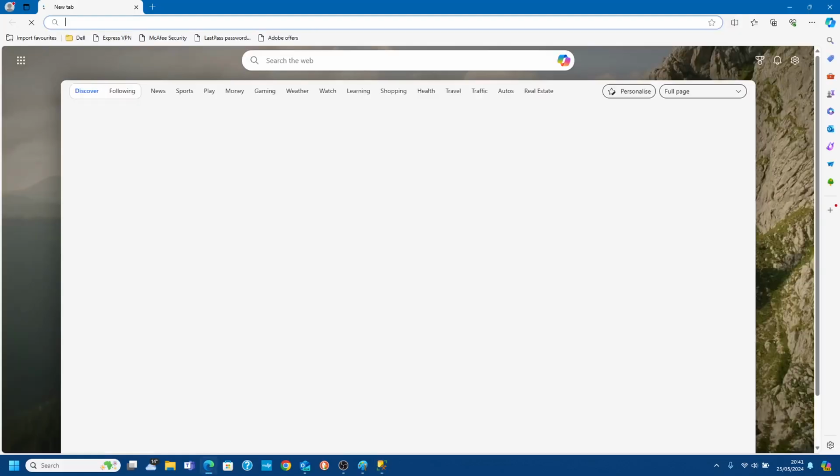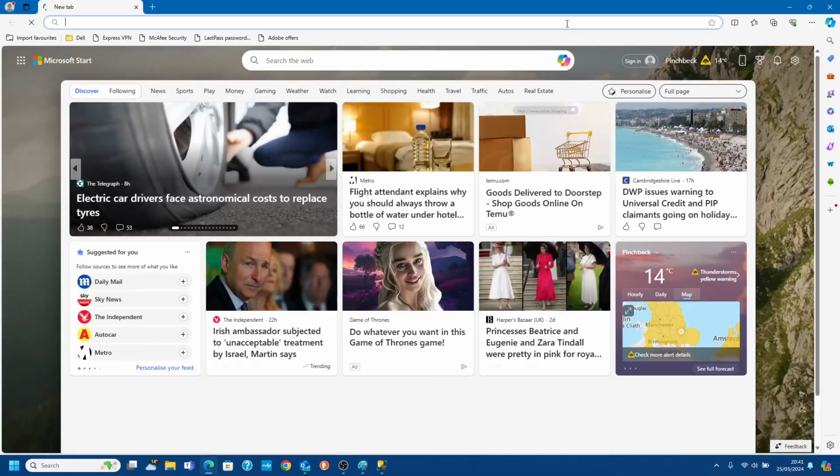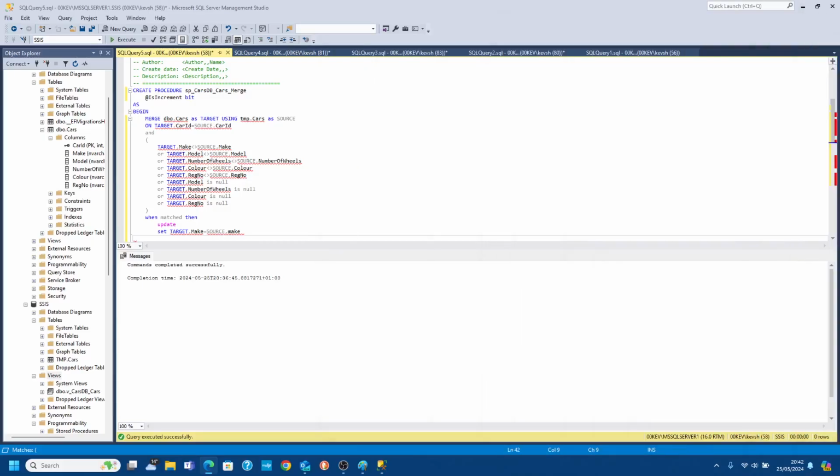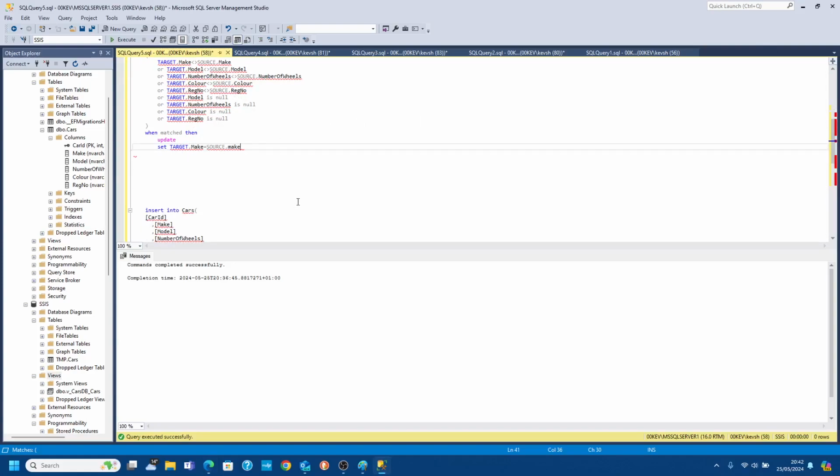Right. Okay, so let's just bring that out of the way. So make equals source make. Let's have a look. Okay, so make, let's just leave that as it is because what we're trying to see is when